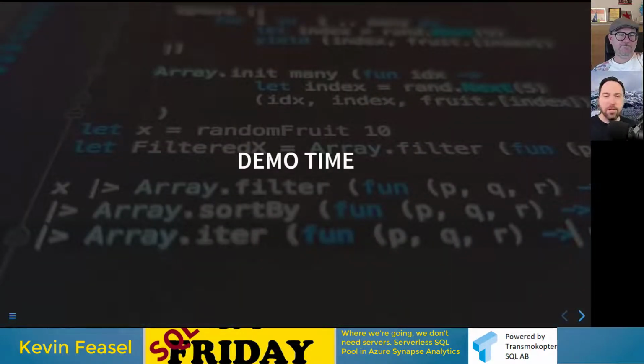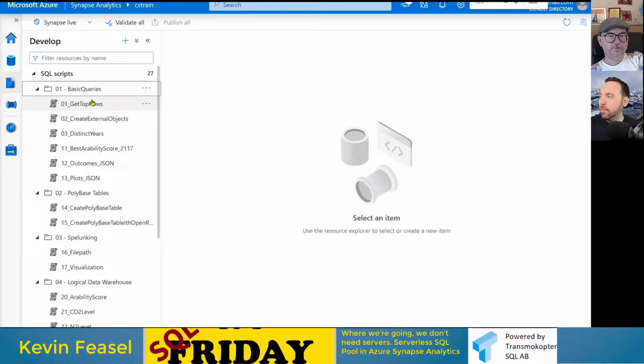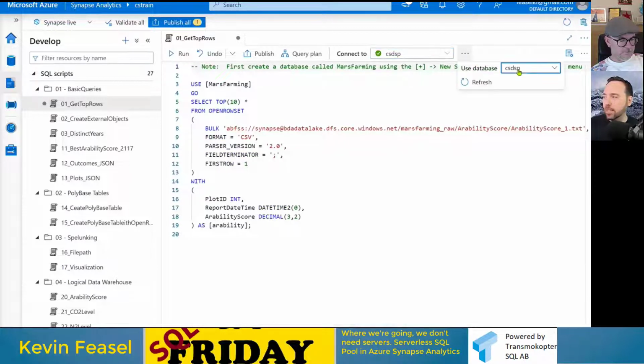Let's take a quick demo and pop into, actually, I'm already in here in my Synapse workspace. So I've got a workspace here already created, and maybe I'll bump this up one more notch. Let's run a couple queries. This is telling me that I need to create a database if one does not exist already. So I've got one here, but this is,